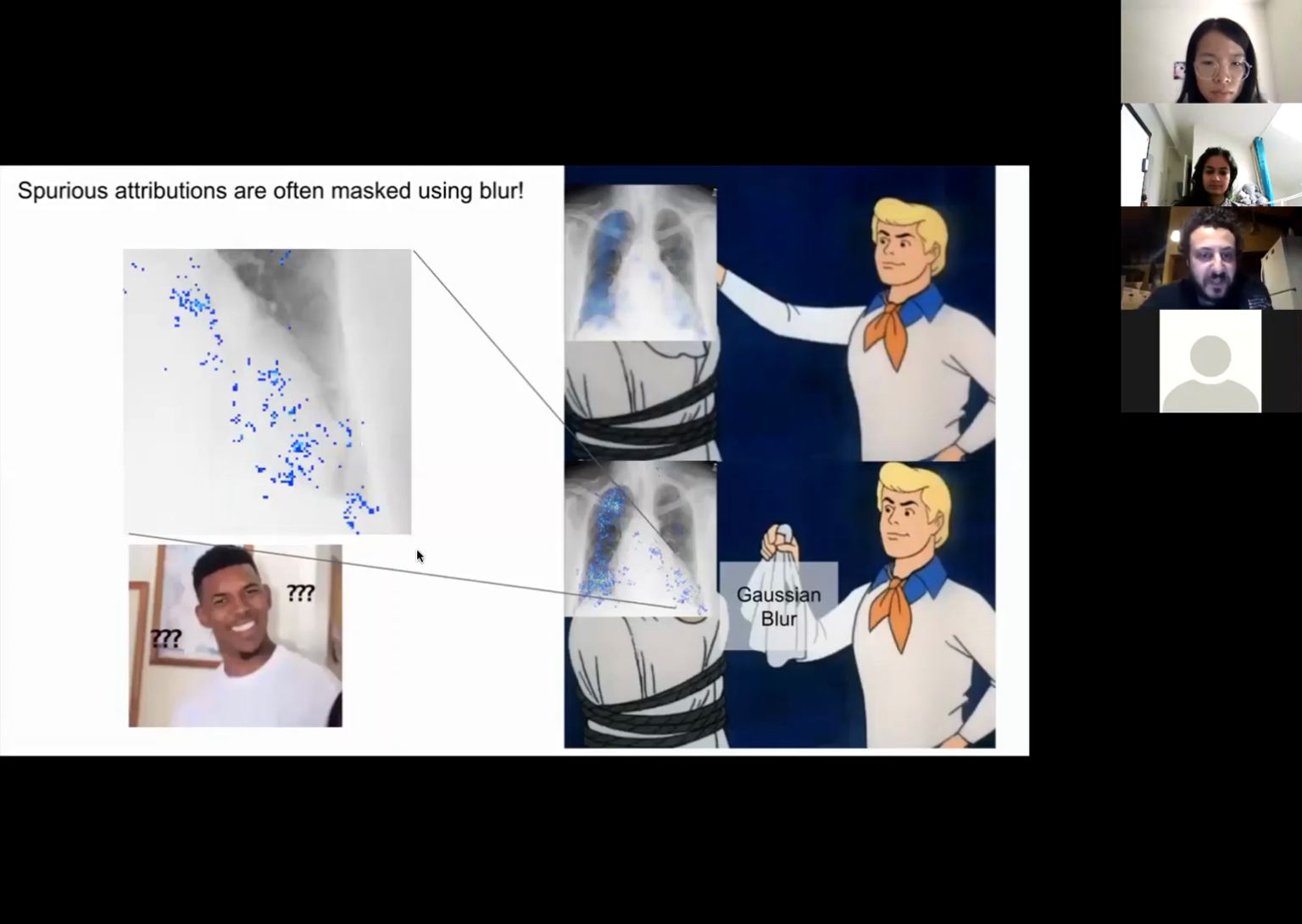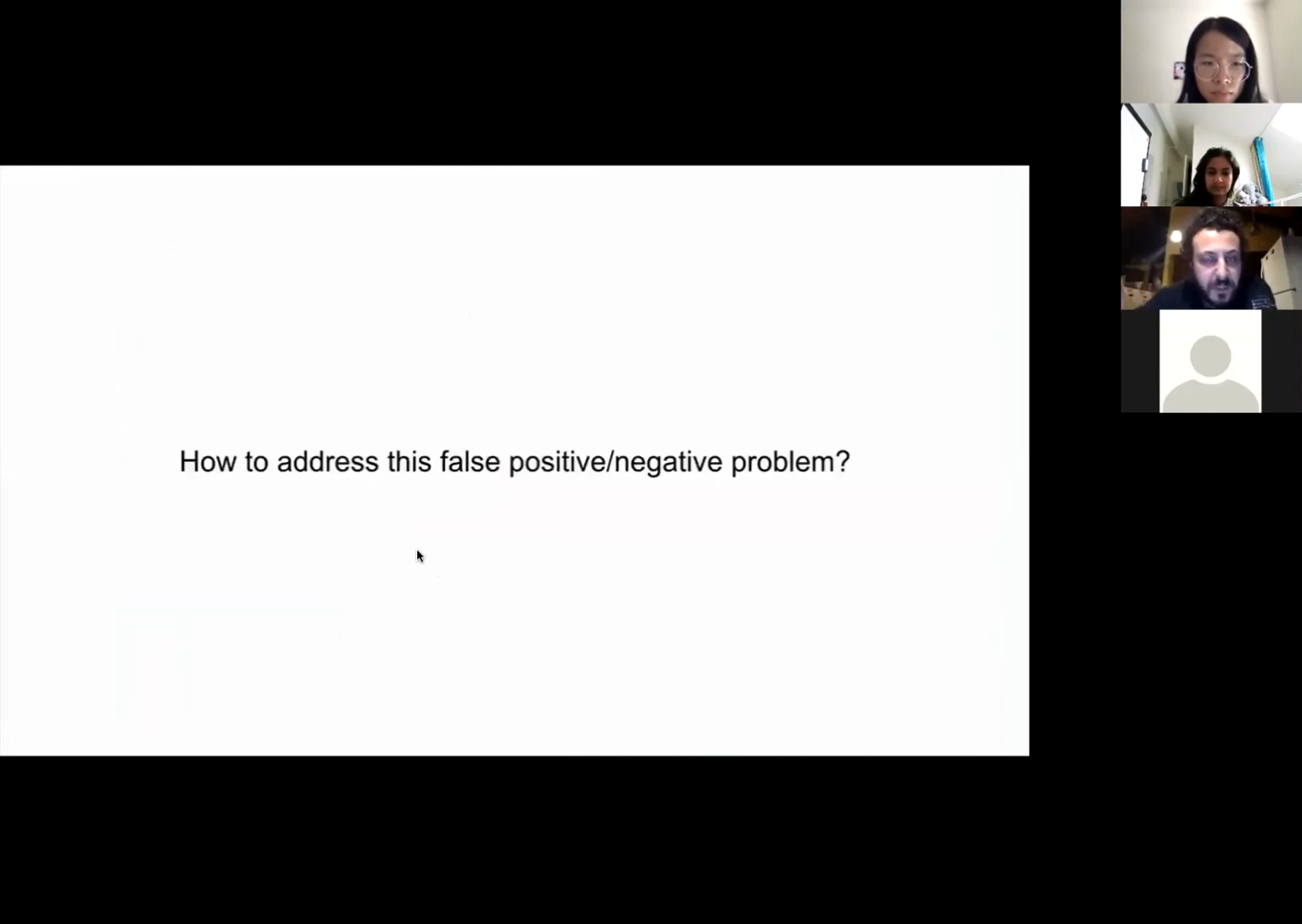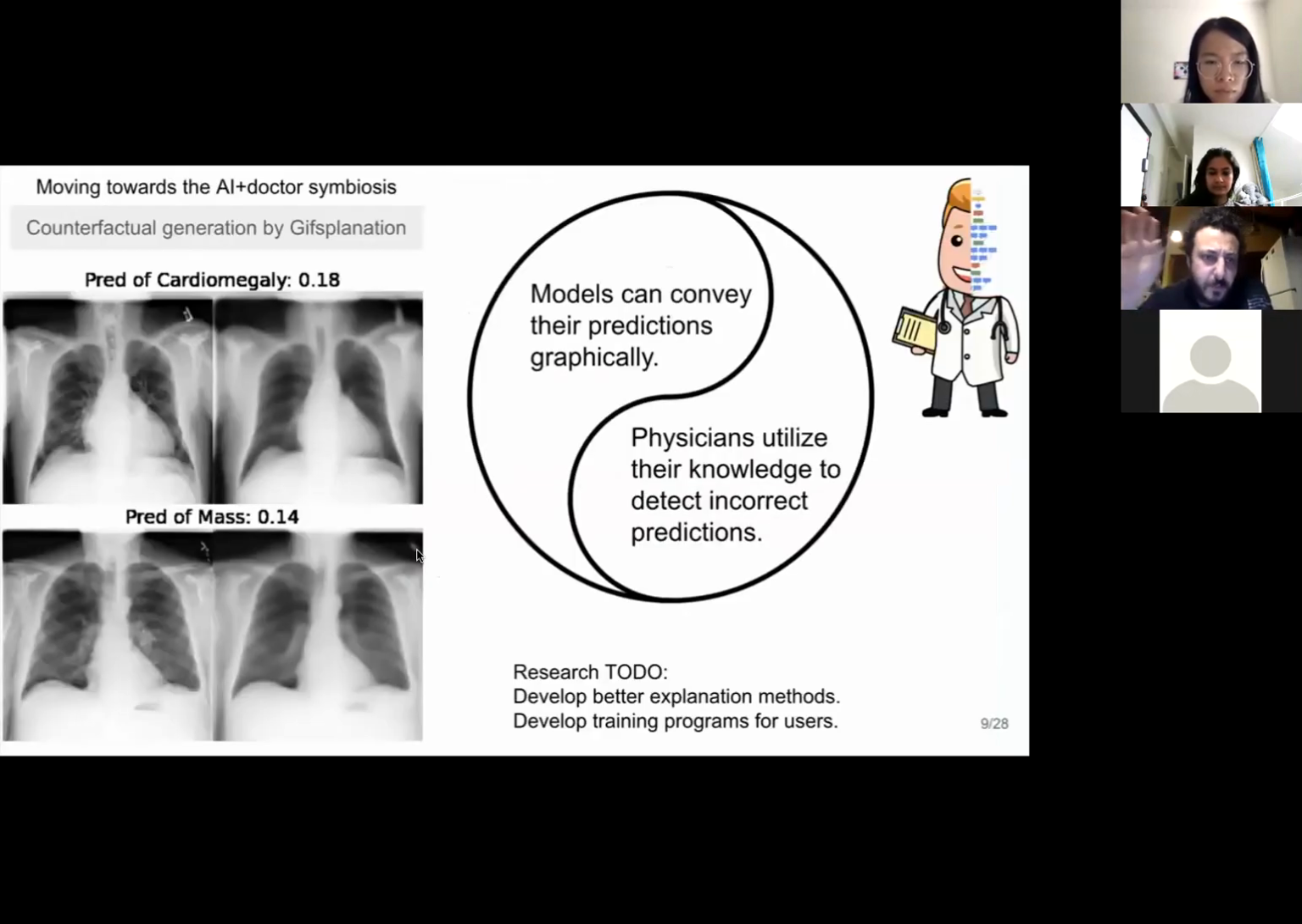Okay, so how do we address this false positive, false negative problem? Because this is the bottleneck preventing these models from being deployed into practice. That's my opinion. I believe that's true. So the viewpoint that we move forward with in this work is moving towards this AI-doctor symbiosis, right? And the way we're going to do that is by generating counterfactual images as animations, where we can generate a version of the patient that does not have that pathology and make it very clear what that means, and try to really convey that feature that's being looked at in a very graphical way as